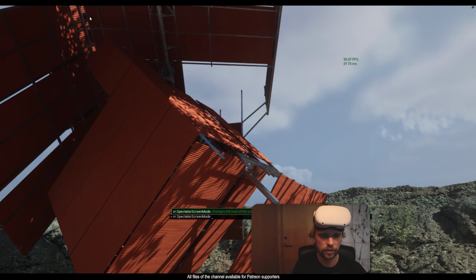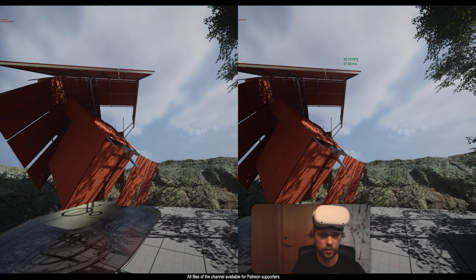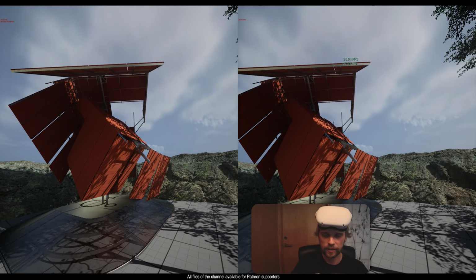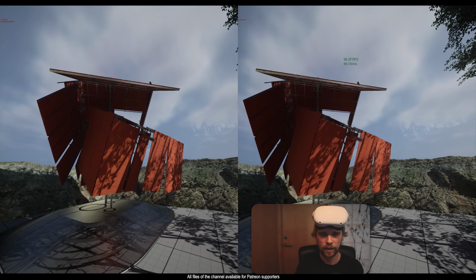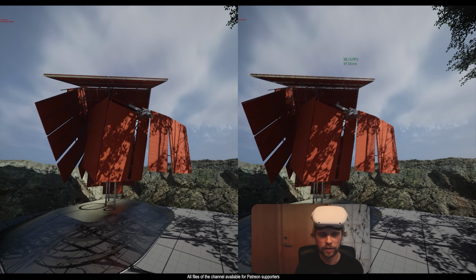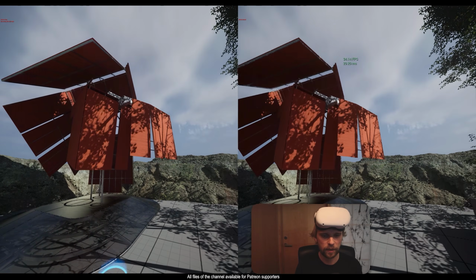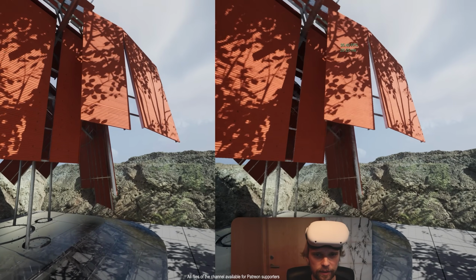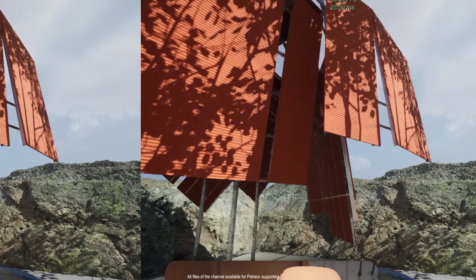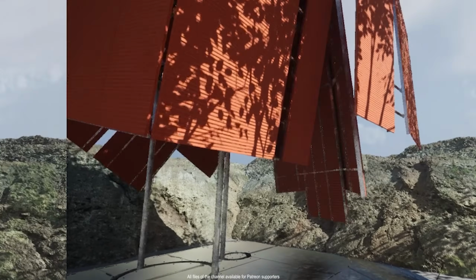VR.spectator screen mode set to 2. So now you can see what each of my eyes see. And then if I trigger this again, do you see a difference? I can go closer. The left eye is fine. The right eye,